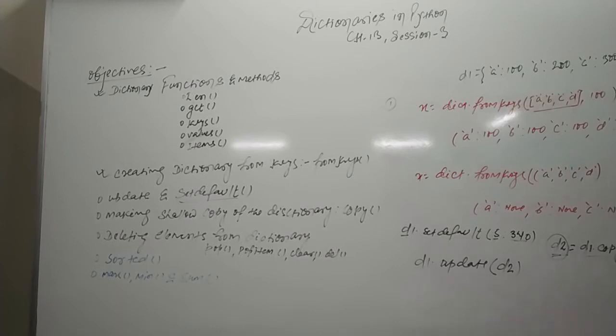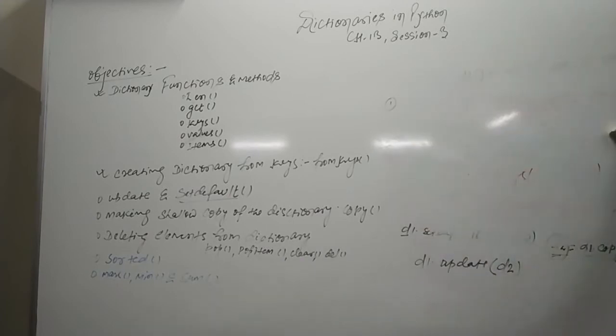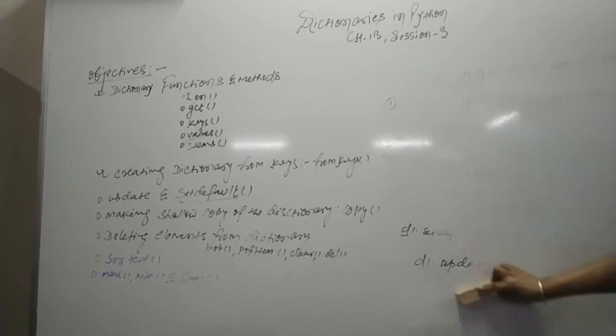Now we have deleting, like deleting an element from the dictionary. Now the pop method, you all must be knowing, pop is generally used to delete an element from the dictionary, or you can say simply delete a key from the dictionary. Once you mention the key, automatically the value of that key will be deleted and you can generate a message. If you want a user defined message to be generated after deleting, you can use that also. So let's see how to use the pop method in the case of a dictionary.